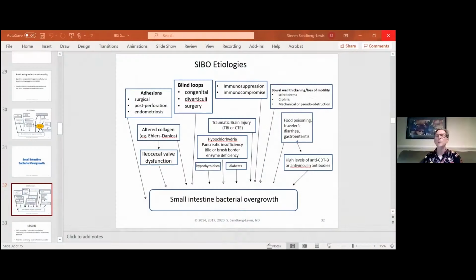In any case, I was hoping we could also talk about some of the underlying causes for SIBO. Yeah, that'd be great. Okay, so I'm going to share my screen. This is my quick and dirty chart that I made for PowerPoint that shows some of the major etiologies for SIBO. And of course, you're probably familiar with the food poisoning, traveler's diarrhea, leading to elevated levels of anti-vinculin or anti-CDTB antibodies, which then attacks the